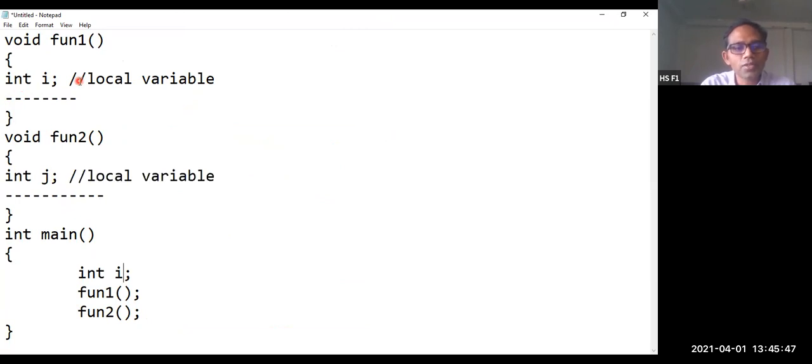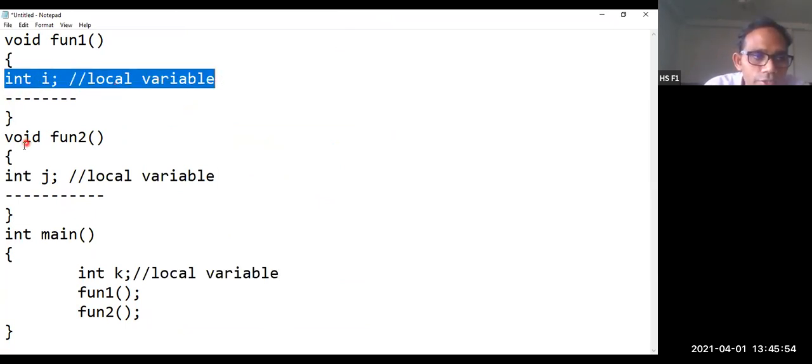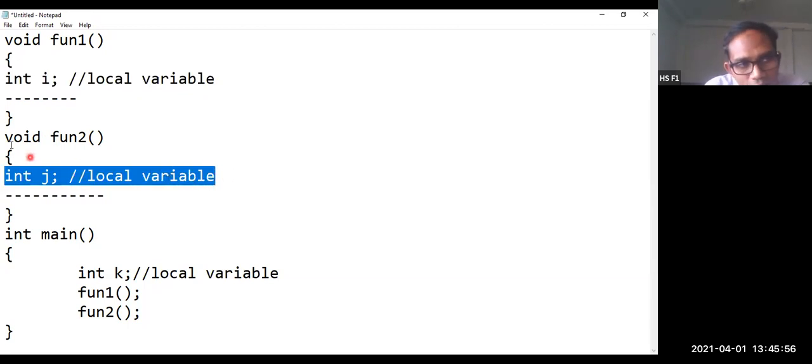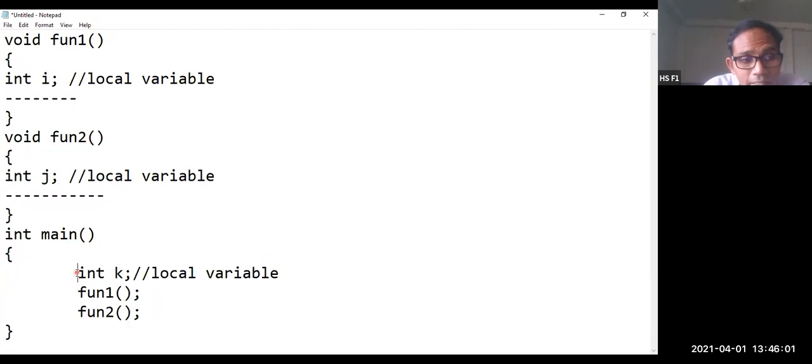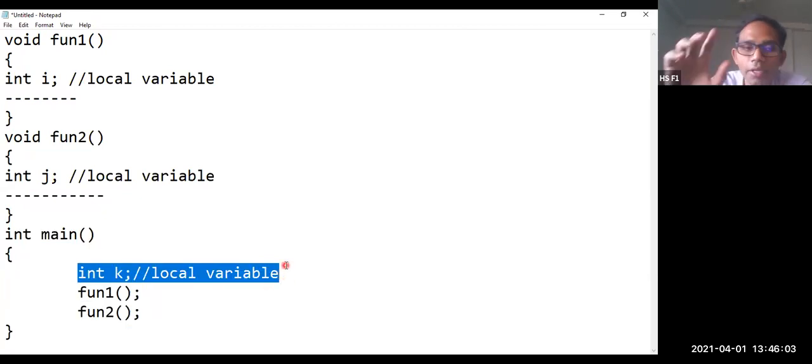And for example, here instead of i, we have k. This k is also called a local variable. i is a local variable, j is a local variable to the function called void fun2, and to the function int main, this integer k is a local variable. A variable that is created or defined inside a function is called a local variable.